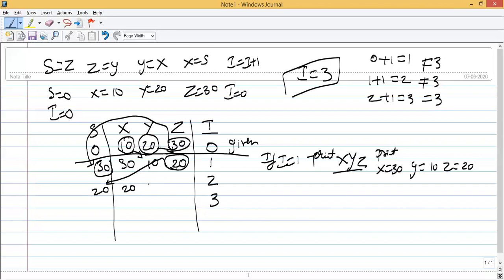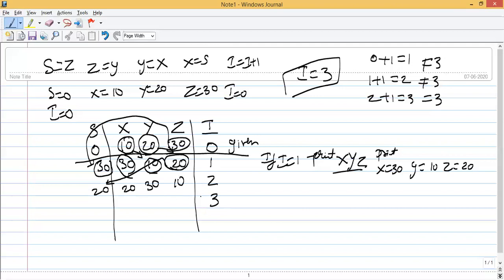Y is equal to what? Y is equal to X. So this X will become Y, which is 30. Then Z is equal to Y. This 10 will become here. Understood? So 20, 30, 10 is the second one.